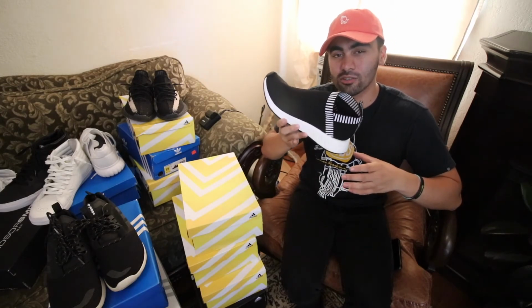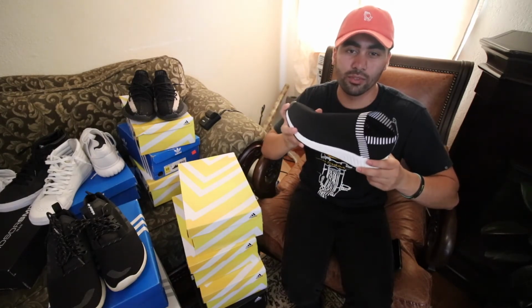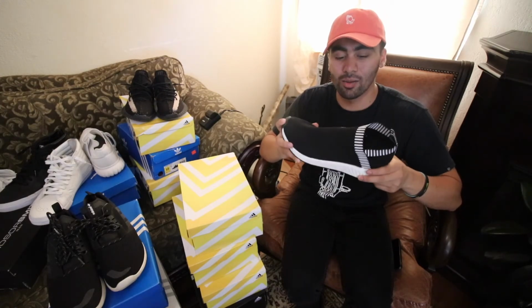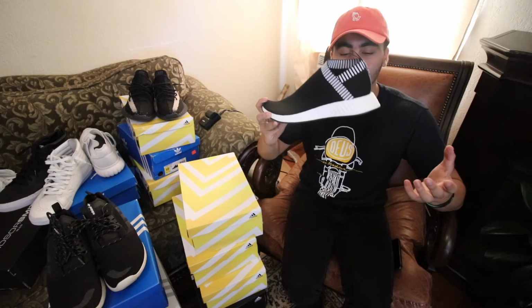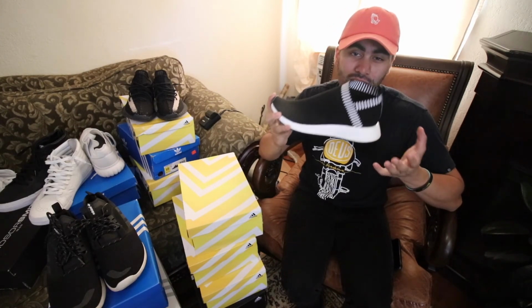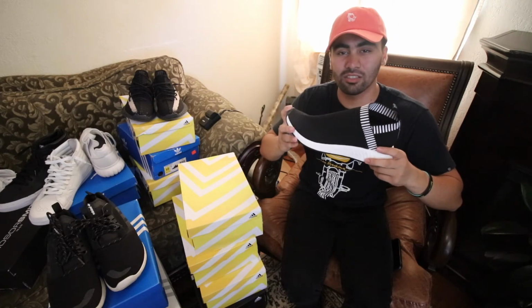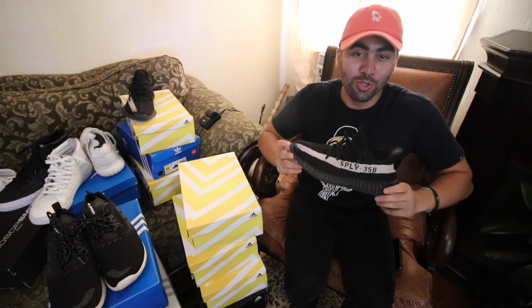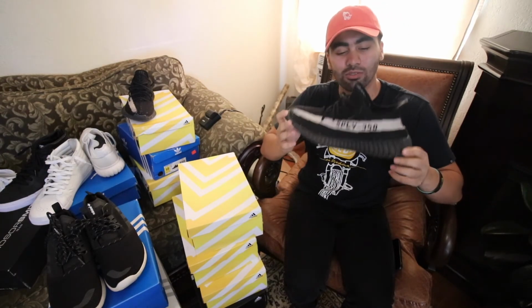Not too much hype behind this colorway specifically, but there are a lot of cool colorways and a lot of cool collabs coming out with the CS2. So I'm definitely gonna be picking up a lot more pairs. And this is a great shoe. My first pair of NMDs, not a traditional NMD, but an NMD nonetheless. So really happy to have these in my collection. NMD City Sock 2. And last but not least, the shoe everybody's been waiting for, Yeezy Boost 350 in the